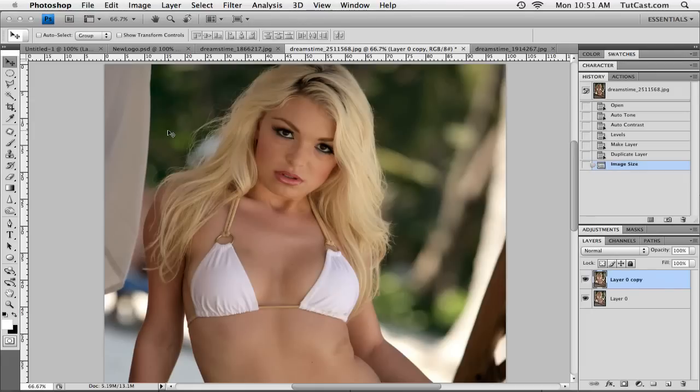Surprisingly, one of the most suggested topics that I get from my viewers is breast enhancement. People want to know how to enlarge and enhance breasts in Photoshop. I wish I was kidding. So I figured I'd bite the bullet, get it over with, and do a tutorial on how to enlarge and